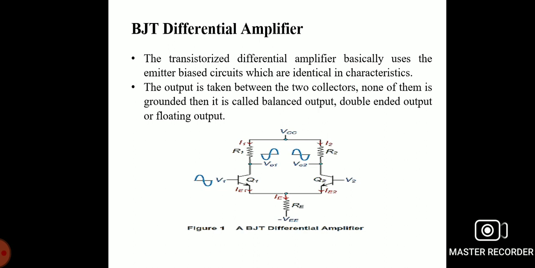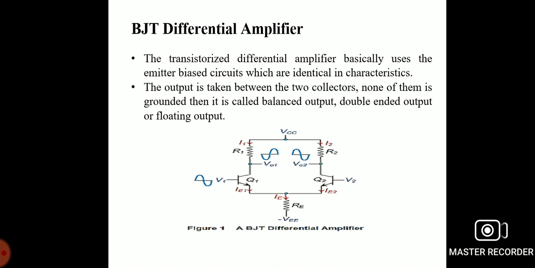In this lecture, EC 8351 Electronic Circuits 1. In the previous session, we discussed the introduction of the BJT amplifier. Now today we are going to discuss the BJT differential amplifier configurations. Here we see the BJT differential amplifier